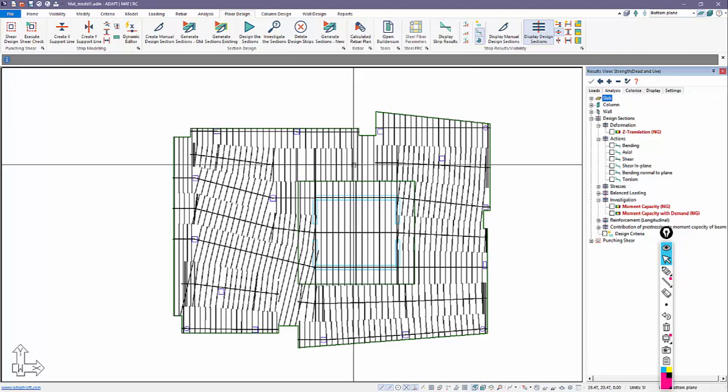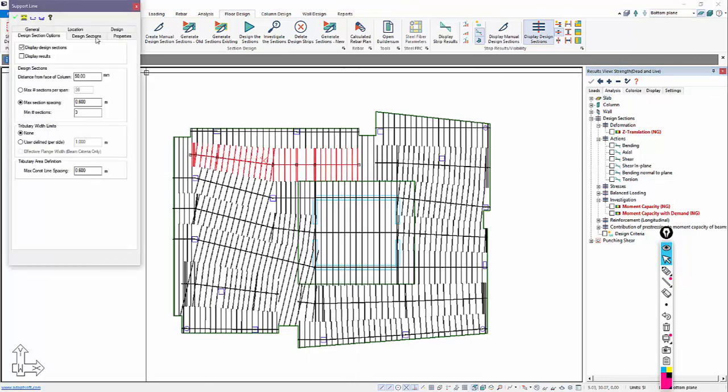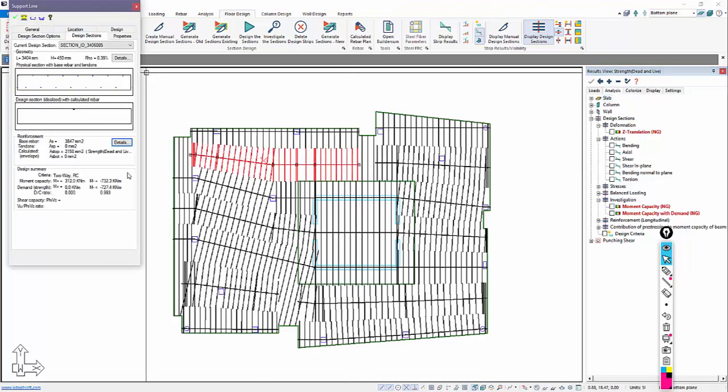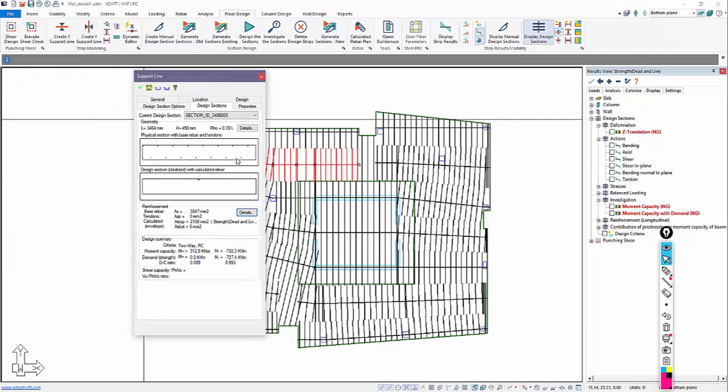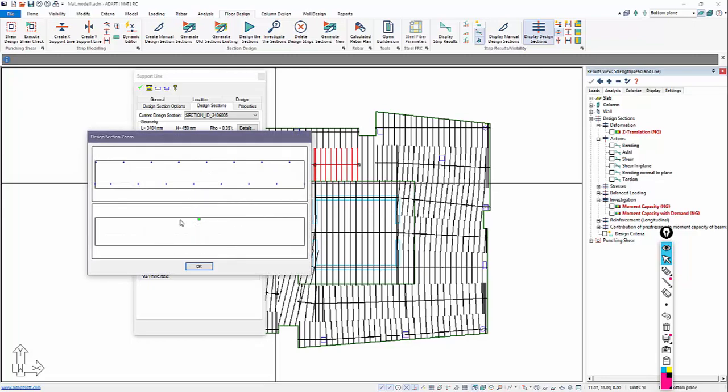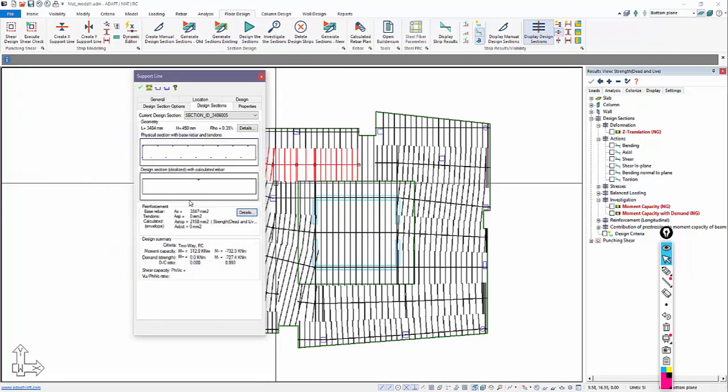If we double click on any design cut, we can actually produce an individualized report for that particular design cut. So this shows me some of the geometrical properties of the cut, the base rebar, the idealized image here, which shows a graphical representation that we need top bars, and it gives me more information on the reinforcement and moment capacity.